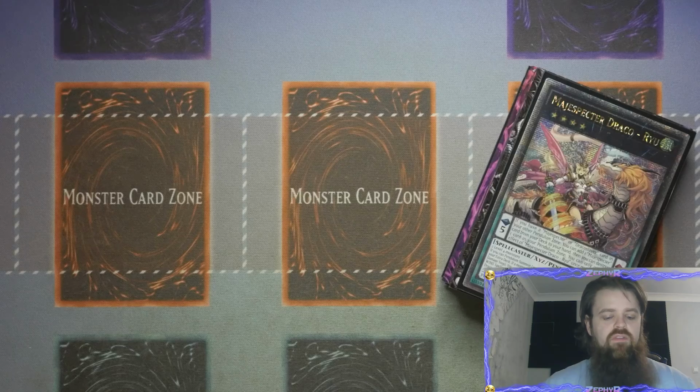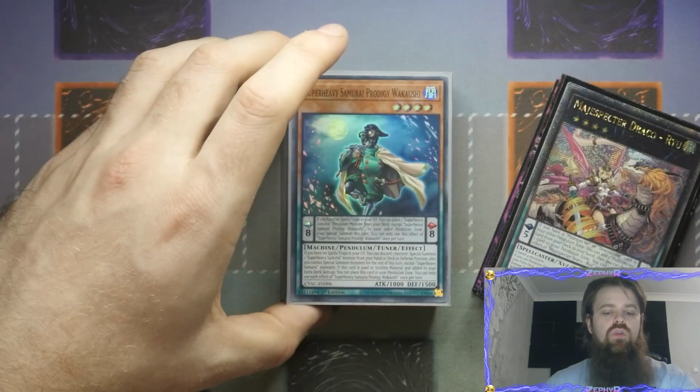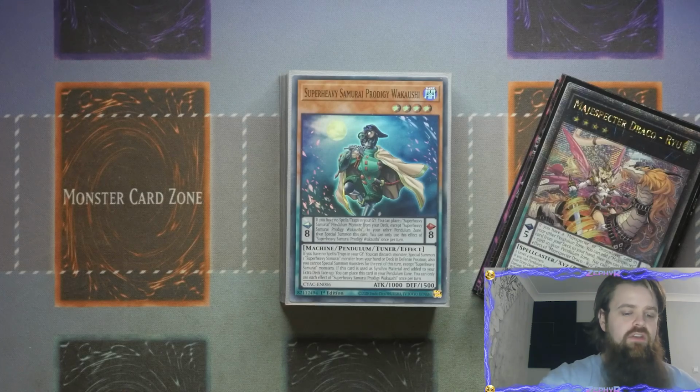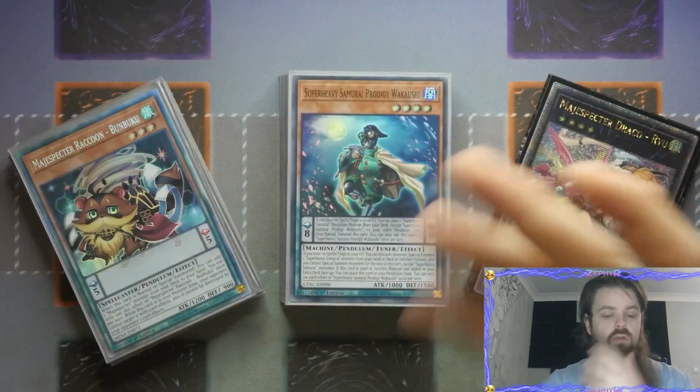Yes, the other benefit of the Super Heavy Samurai engine is the fact that it can allow you to play through forms of interruption, because your opponent will end up burning quite a few resources or negates trying to stop it as it's building up, and that will then leave the door wide open for your Majespecters to come in and do their low investment combo. So that's why it's really, really kind of cool is the pair of these are both low investment combos,